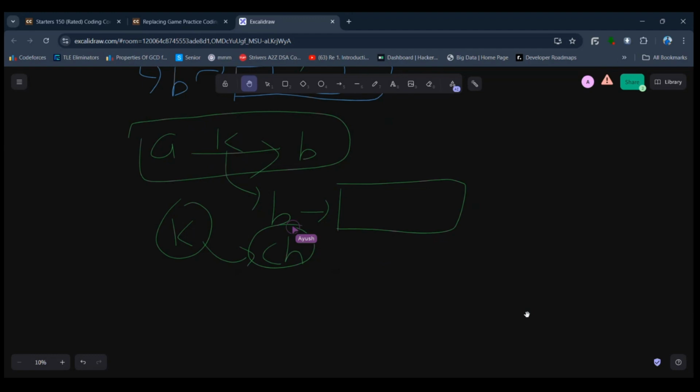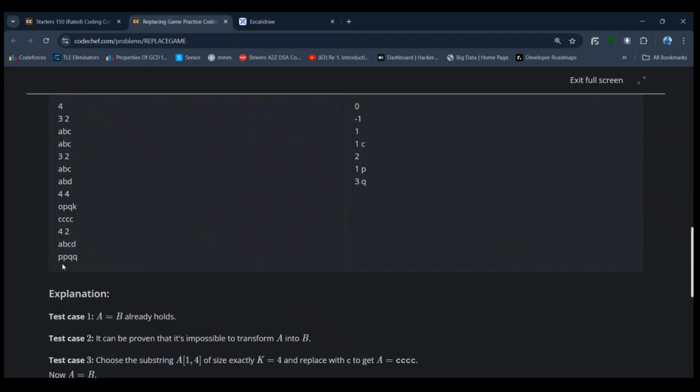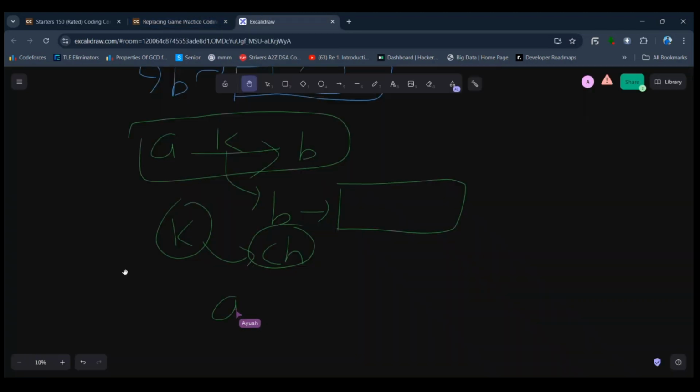ये चीज़ समझ आ रही है? यस सर, एक एग्जांपल से थोड़ा और समझना पड़ेगा। हाँ, ओके, एग्जाम्पल ले लेते हैं। मान लेते हैं कि एक टेस्ट केस है हमारे पास, ये आखिरी वाला, ABCD और PPQQ, ठीक है? अब मैं ये कह रहा हूँ कि ये ABCD पर हमने एक